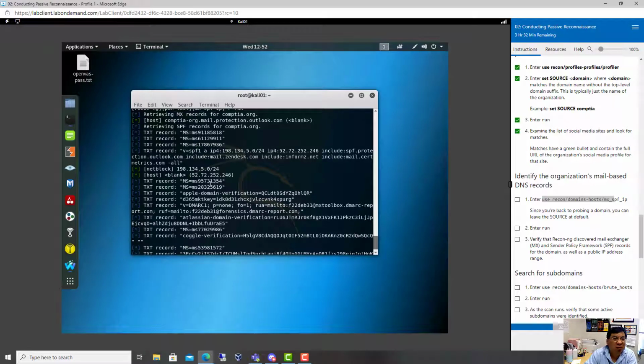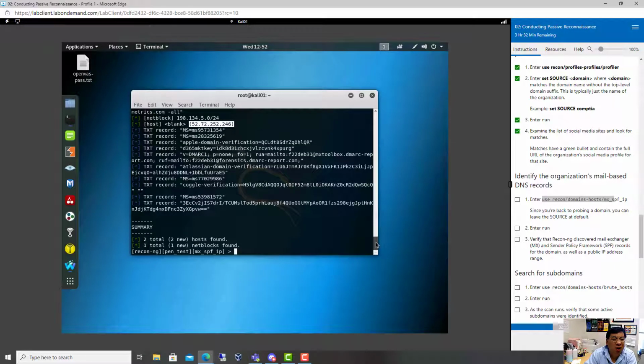This is the net block, right? This is the net block, and this is the IP address, 52.72.252.246. Let me see this. If I scroll it down here,